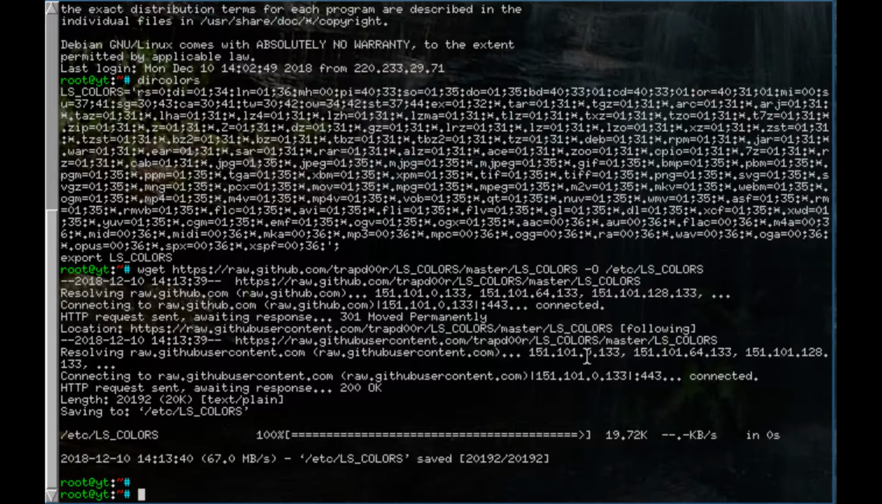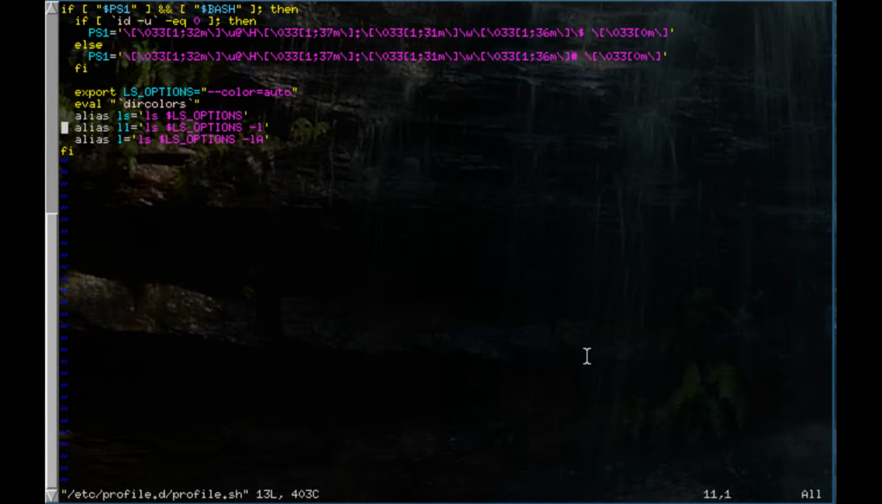Now, what we're going to do now is configure the global profile. We're going to go back in to profile.d profile.sh, which is the file we created earlier. And we're going to change this up a little bit to, instead of just evaluating the default dir colors, we're going to tell it to evaluate etc ls colors. And if we save that,